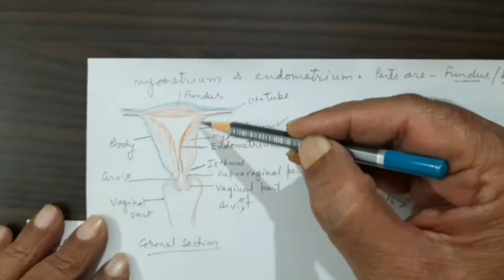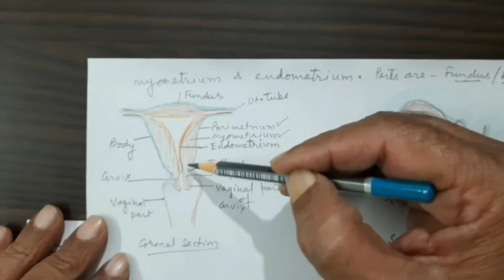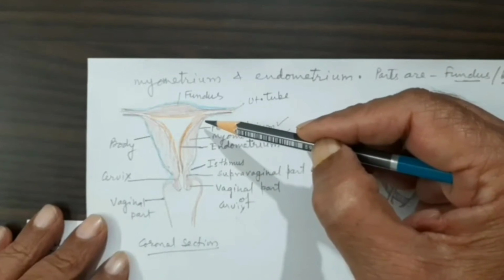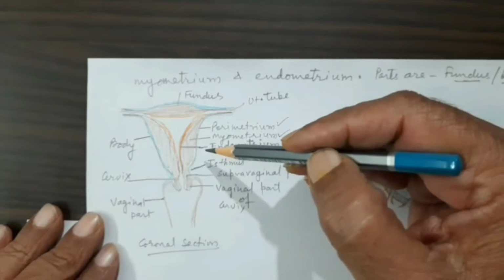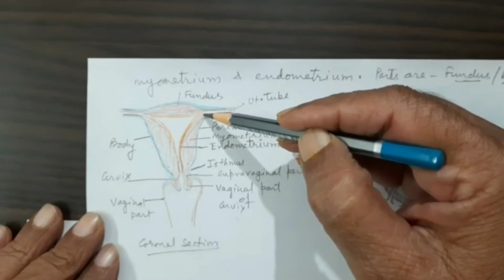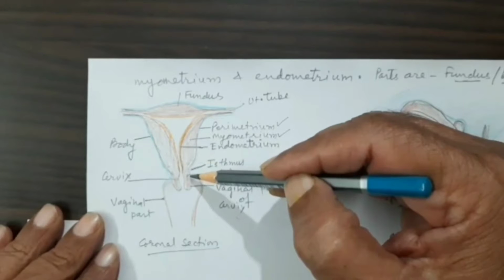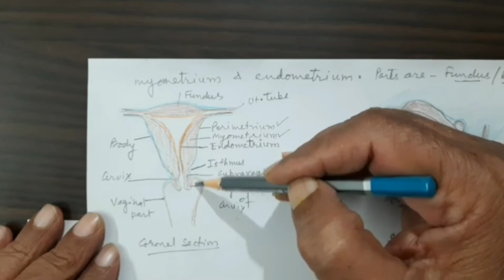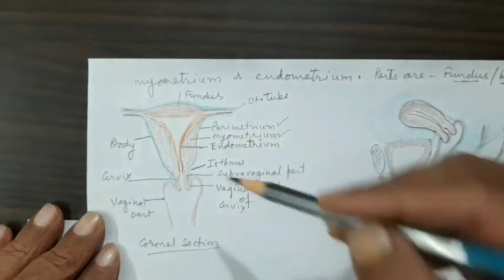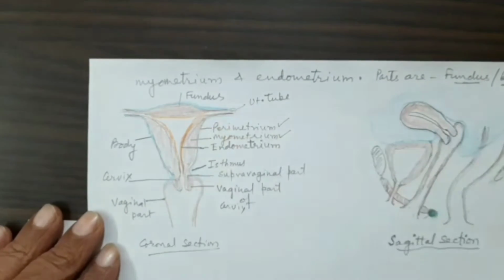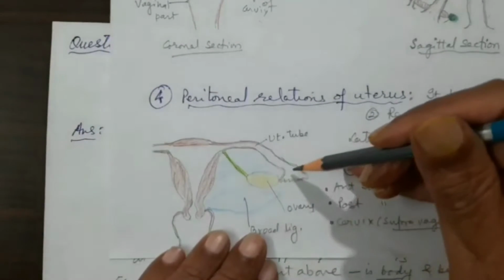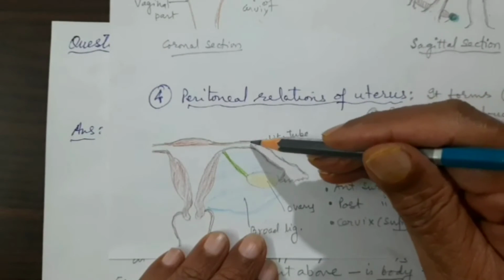Below this opening of the two tubes, right up to the isthmus, this part is called the body of the uterus. So from where to where is the body extending? It is extending from the opening of the uterine tube right up to the isthmus, below which lies the cervix. So the cervix is not part of the body. The body is between these two, and you can see here in another diagram, this is the uterine tube,